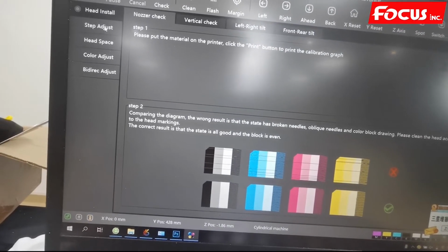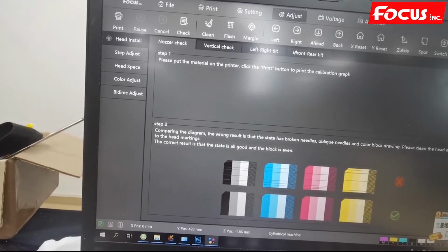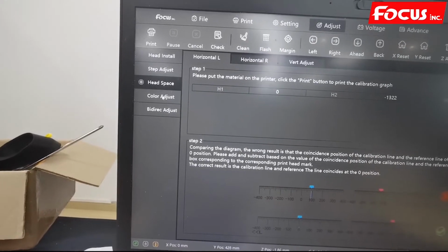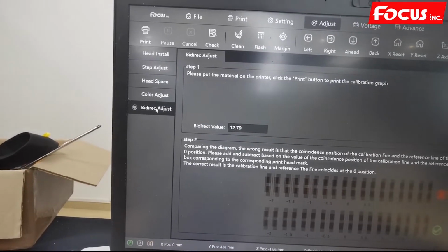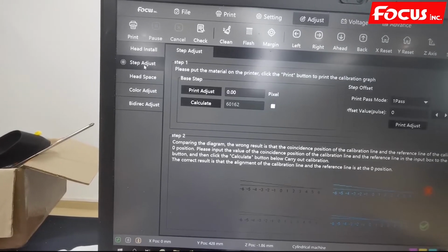We do the step. The vertical, there is no need, same as flatbed. But the step, the headspace, and bed action are different. Color adjust is the same. The bed action, headspace, step, all the